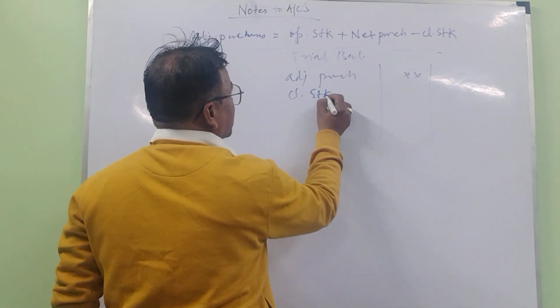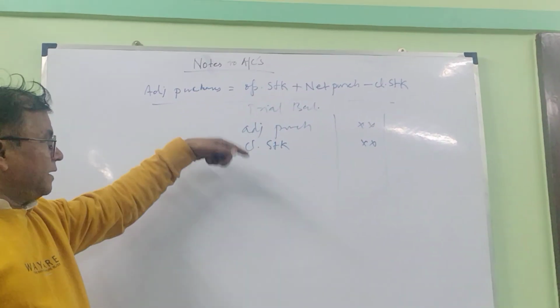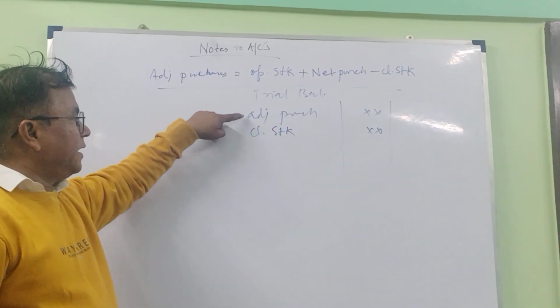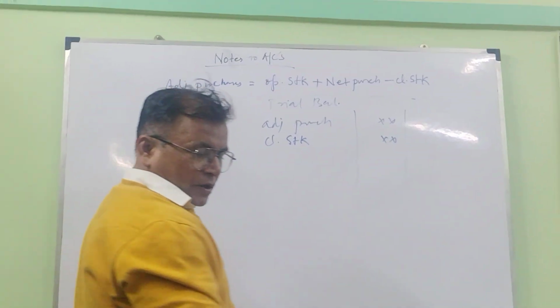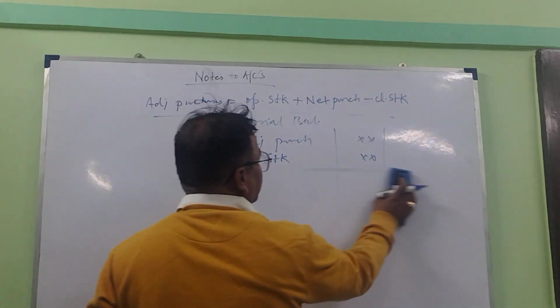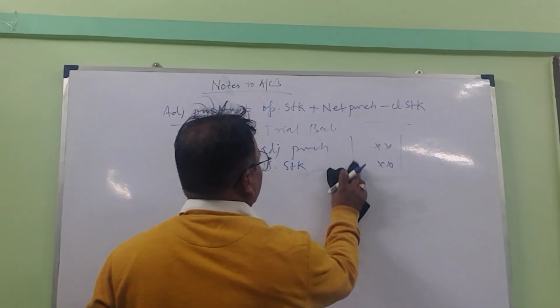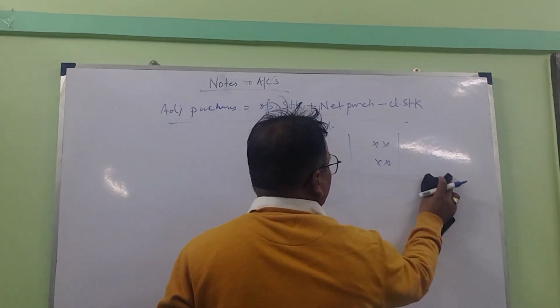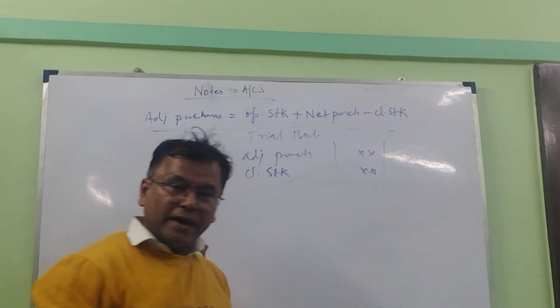Closing stock will be separately given. This is inside the trial balance: adjusted purchases and closing stock are given. Now, because in adjusted purchases we have already adjusted the opening stock, closing stock will no more be adjusted